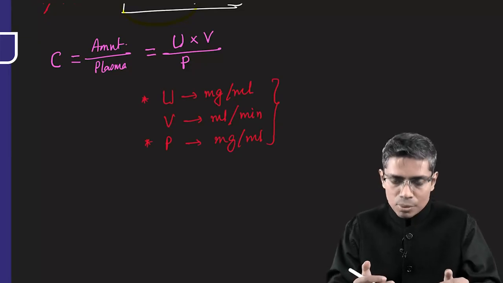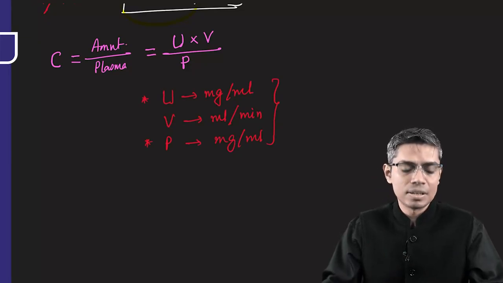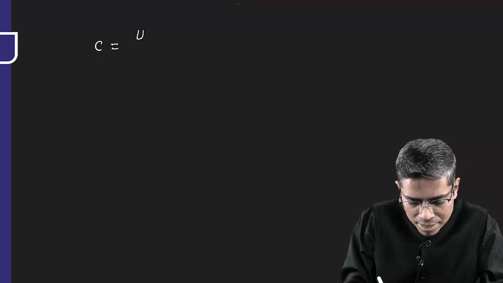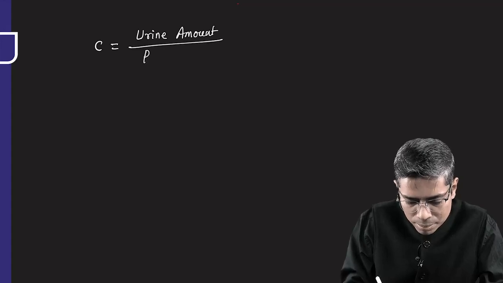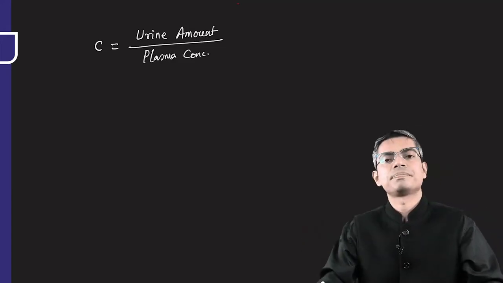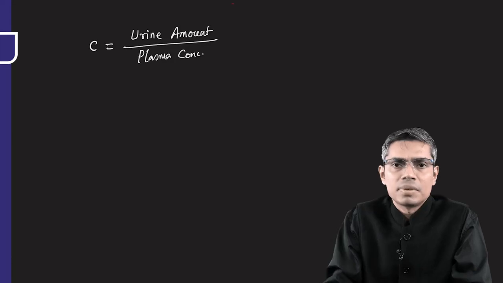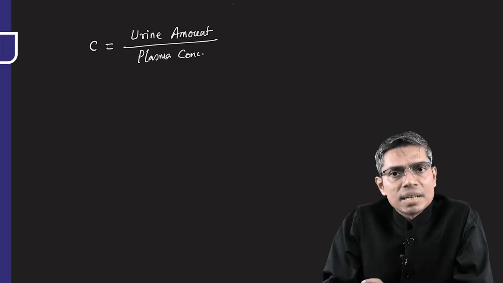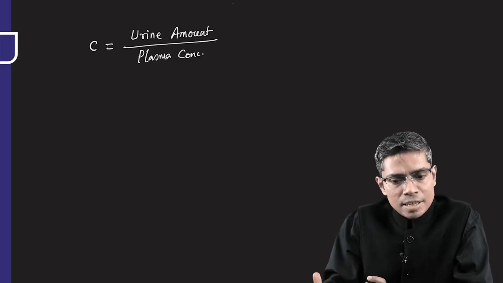Now we have to go into a little more understanding about this clearance concept. Again going to my original statement, clearance is equal to the urine amount of a substance upon your plasma concentration of the same substance. We have taken the example of creatinine; it may be any substance. If you want to measure the clearance, you have to measure the urinary amount and